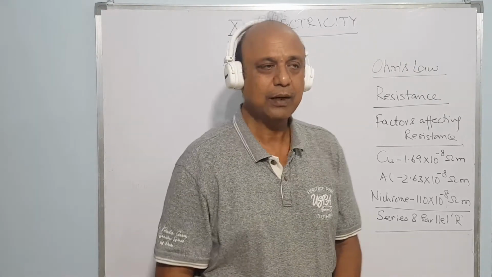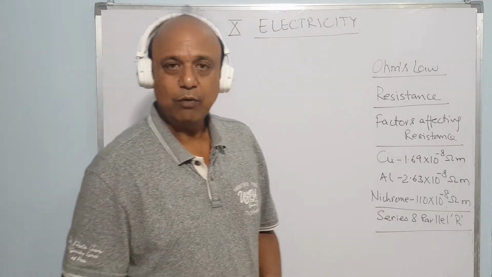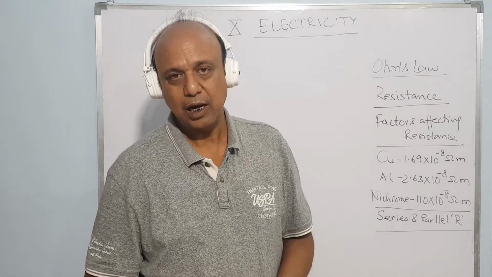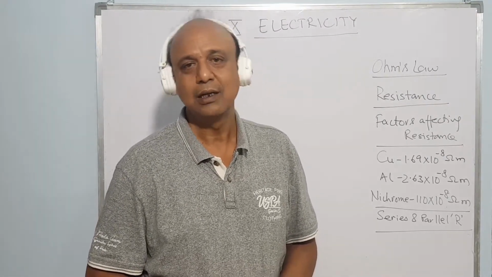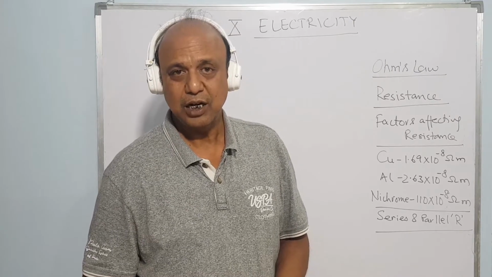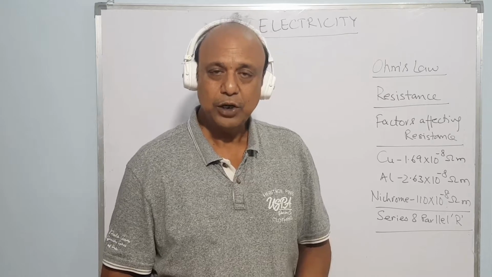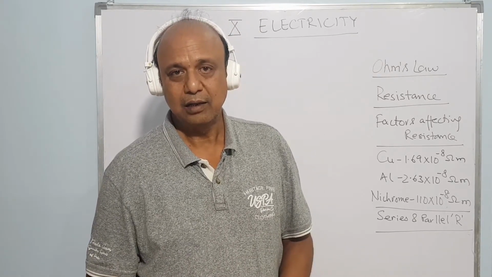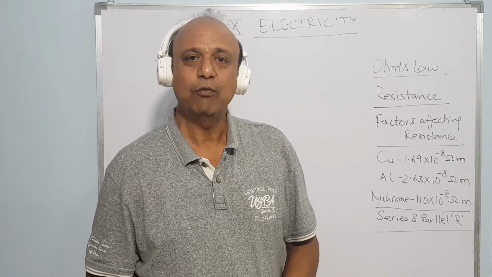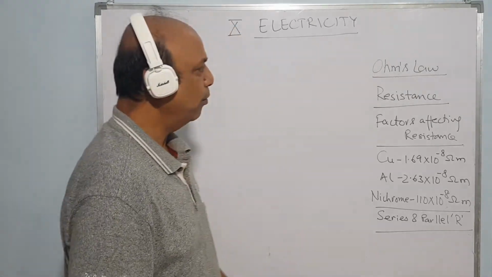In the previous lectures of class 10th electricity, we have seen what is electricity, what is the charge, how the charge moves, positive charge, negative charge, and then we have seen the static charge, then jumped on to electric current. We have seen what is electric potential, what is potential difference, and electric current. We have also seen in brief what is Ohm's law. So today let us begin again from Ohm's law.